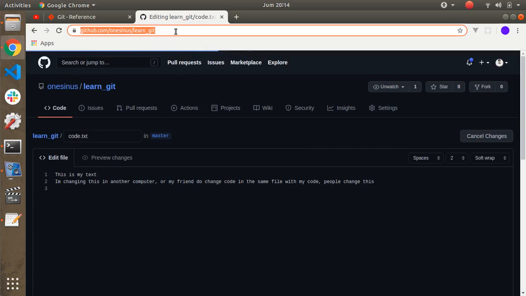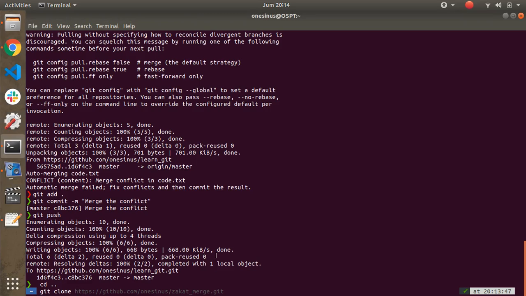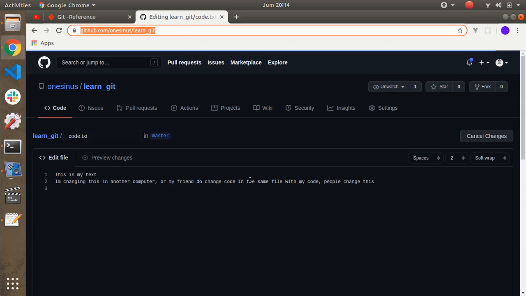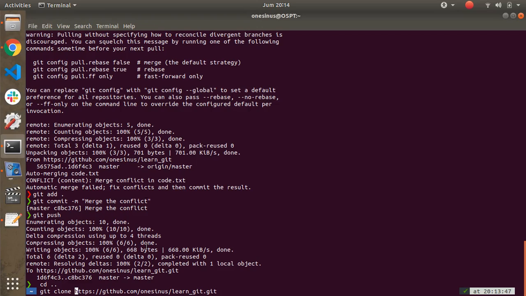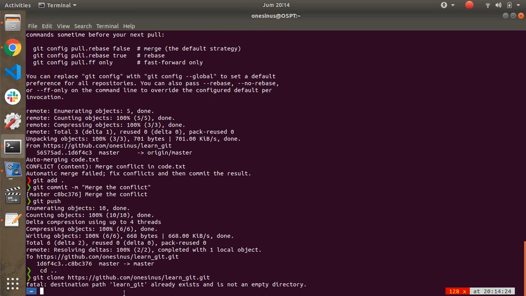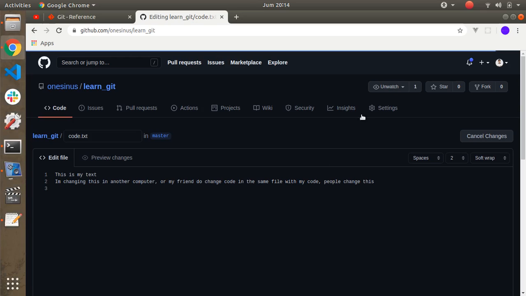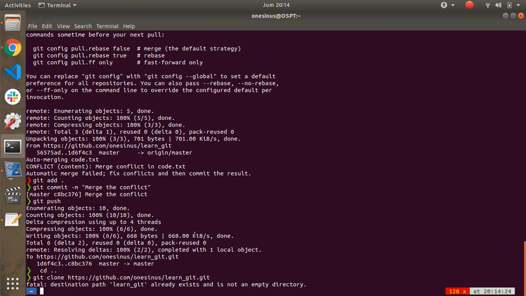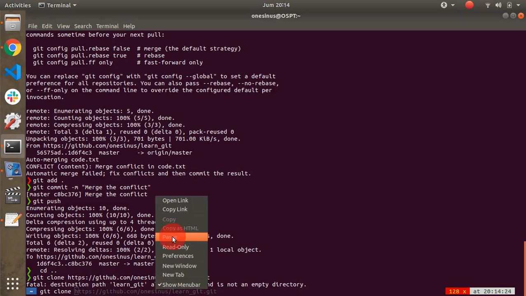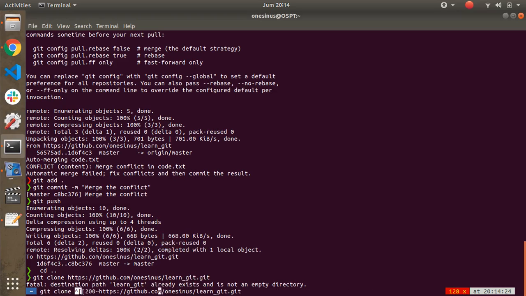I have an internet connection here, and then paste here .git. My text editor is not good. The destination learn Git is a wrong path. We can copy here, and then git clone and paste here. But my paste command is not good. Okay,